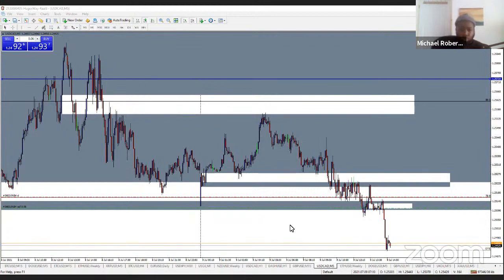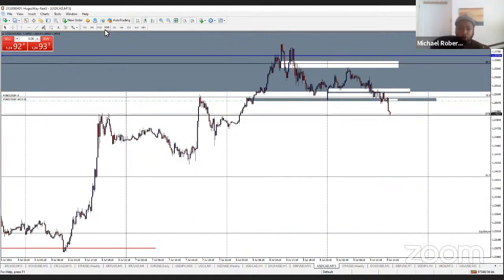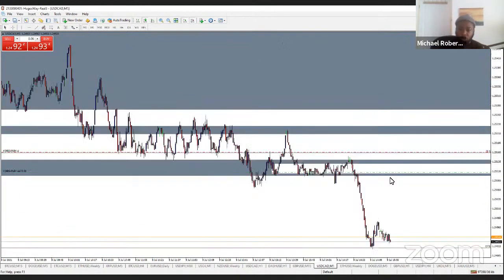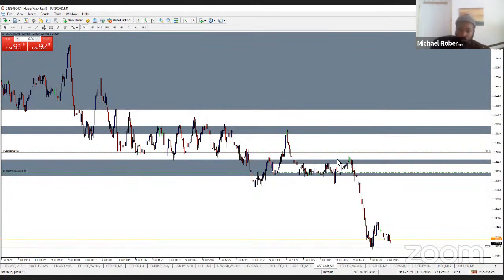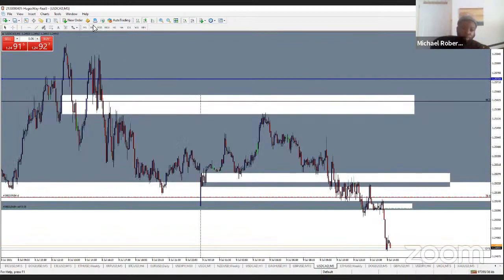Let's look at USD CAD again. This is a very short and sweet one. So here's the update, guys. As you can see, the price action did exactly what it was supposed to do. We had this price action movement here. We have a very strong short. Now the price may return again, but I just wanted to see how concentrated liquidity is.